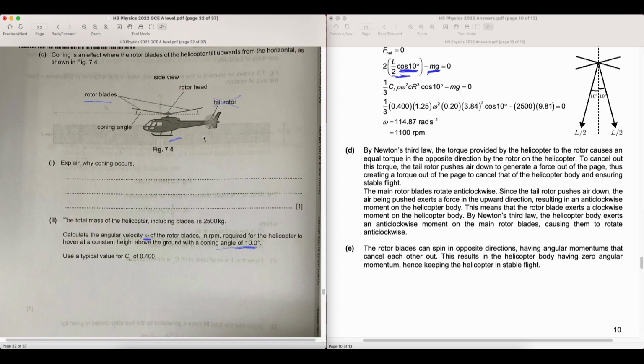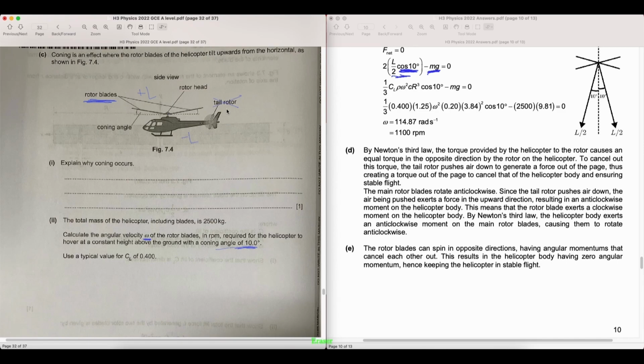the helicopter body, we see that because none of the external forces applies a torque on them, the total angular momentum must be zero. Since the rotor blades pick up speed, that means that in order for the total angular momentum of both the helicopter body and the rotor blades to remain zero, the helicopter body must have obtained the same angular momentum in the opposite direction, which means that the helicopter body would be rotating, and that is uncomfortable